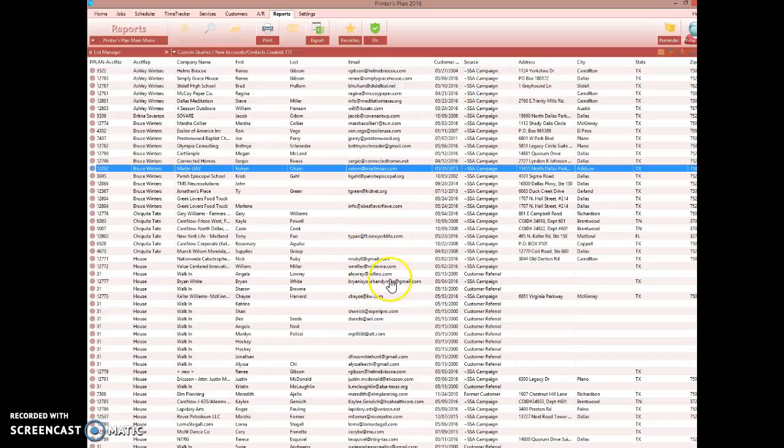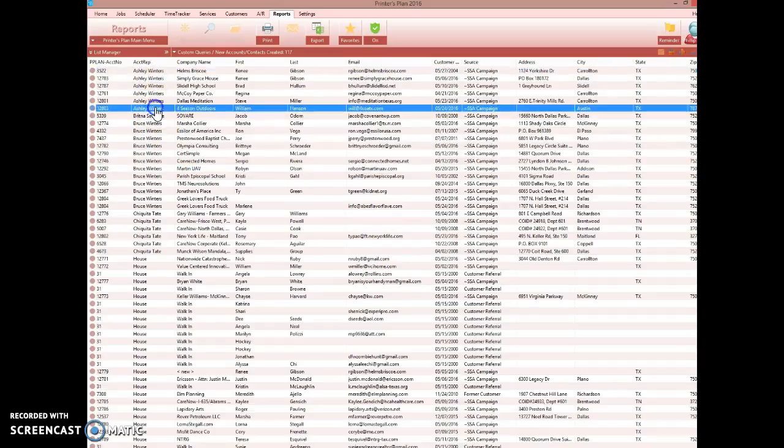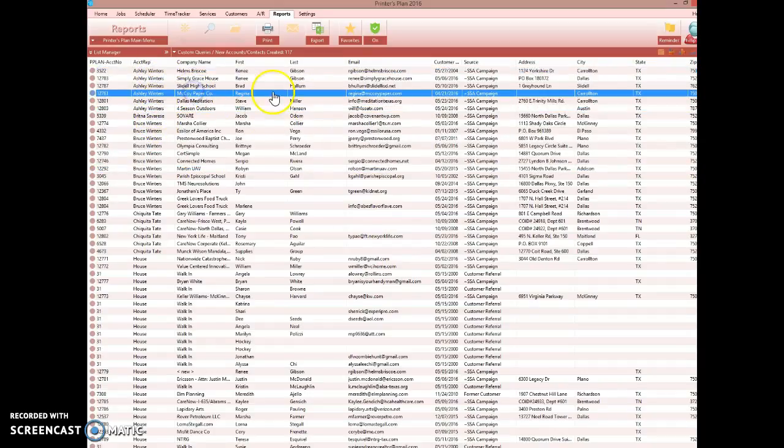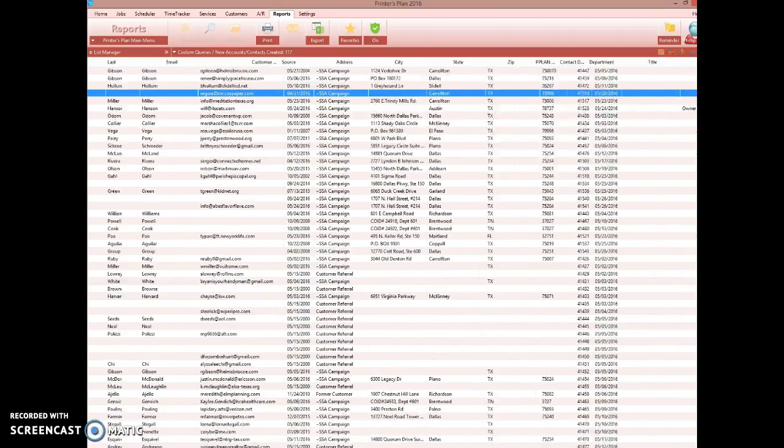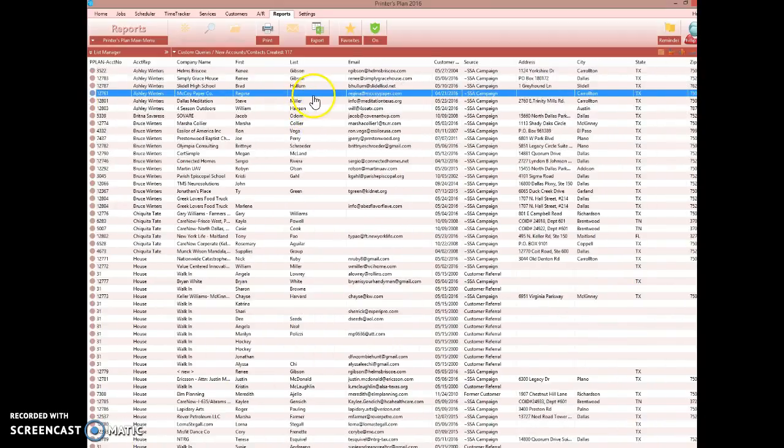So that's pretty much it. So an Ashley would come in here and check these and see, hey, this one's missing a last name and an address and whatever else, and she would go gather that information and then go into Printer's Plan here, pull it up, and you know how to do that, and add that information. And I mean, you're going to do it eventually. If you're needing a break from what you're doing, pull this report up,